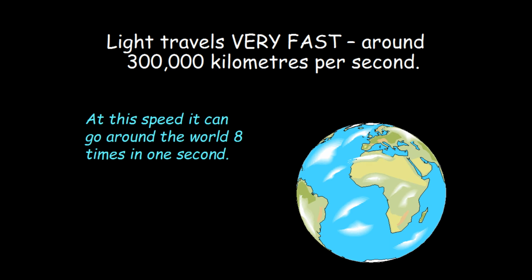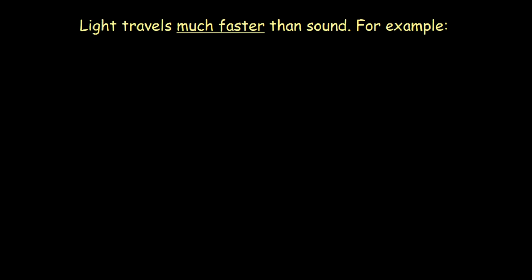Definitely, the speed of light is very high. It is 3 lakh kilometers per second and it is very fast. It is faster than anything in this world. At this speed it can go around the world 8 times in a second. If we spread the light around the globe, it can pass around the whole globe 8 times in 1 second.